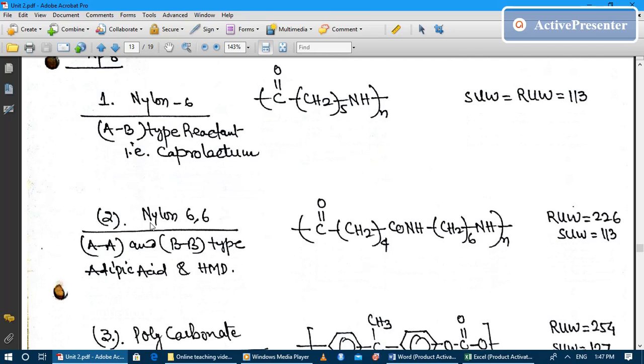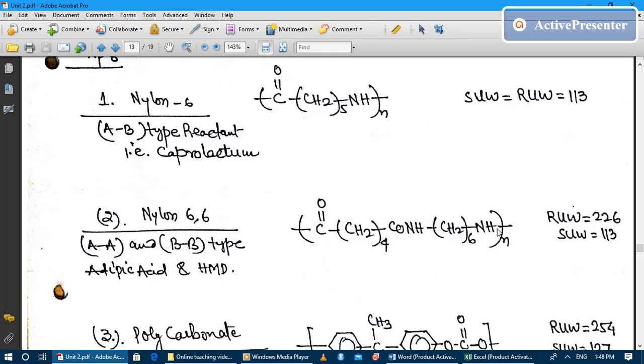Now see the example of nylon 6,6, which is an example of AA and BB type of monomer. You can polymerize nylon 6,6 using adipic acid and hexamethylene diamine. So hexamethylene diamine is a diamine containing two amine groups, and adipic acid is a diacid containing two carboxylic acid groups. Okay, so when these two monomers polymerize, they will form nylon 6,6,